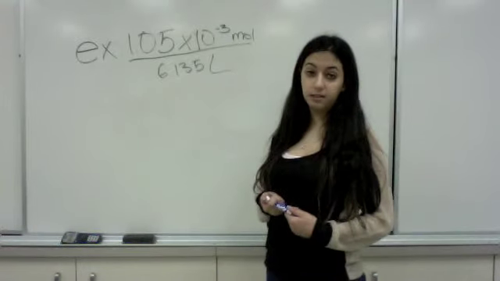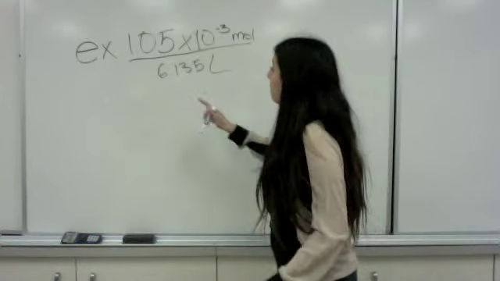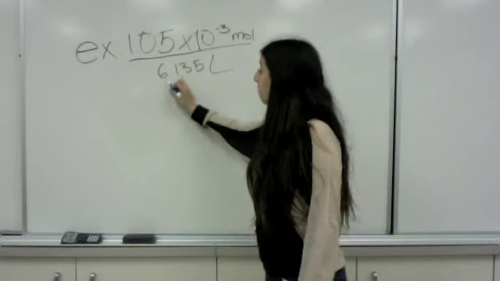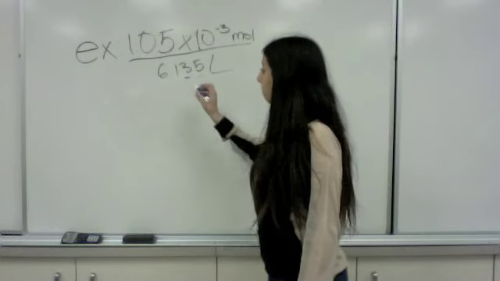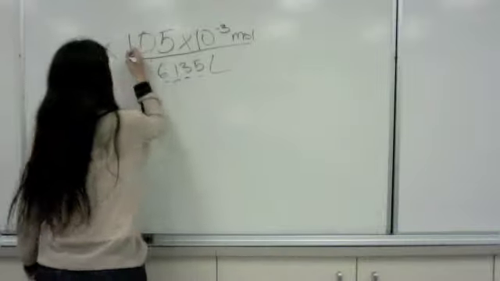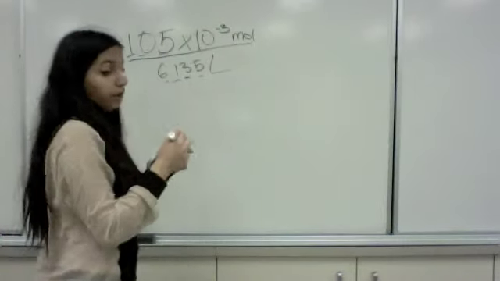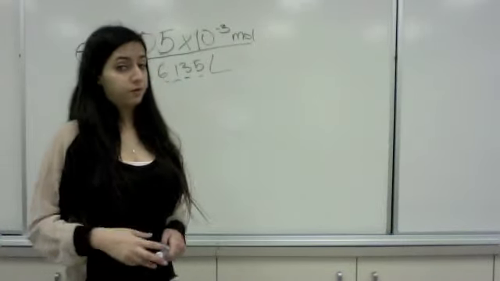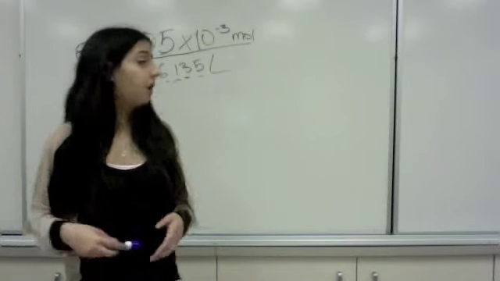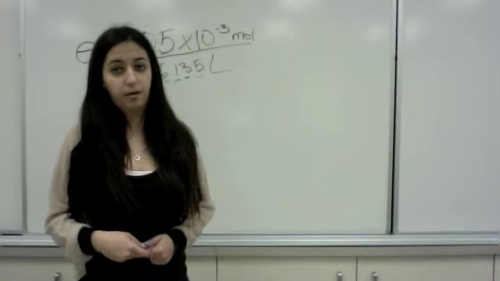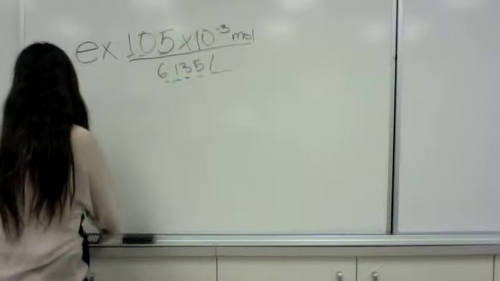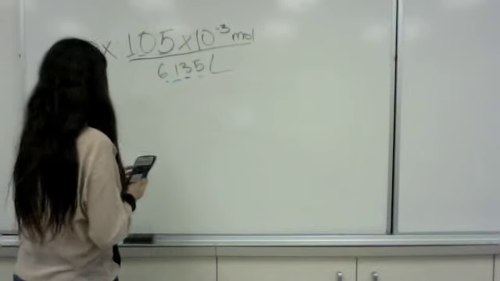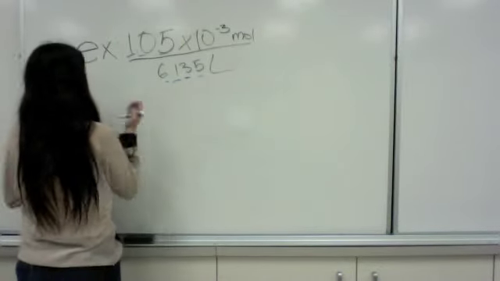For instance, over here, we have 4 sig figs, 1, 2, 3, 4, and we have 3 sig figs in 1.05. And since 3 sig figs is our least amount of sig figs, our answer must have that amount of sig figs. So when you put this into a calculator, your answer is going to be